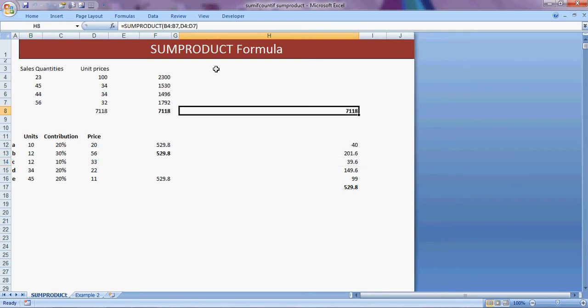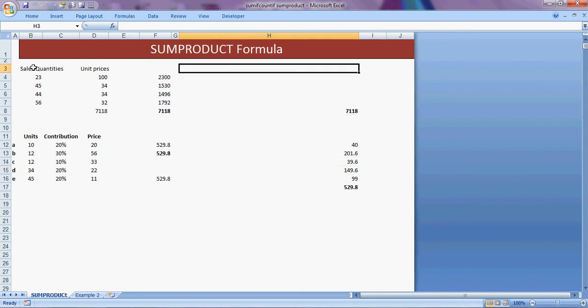By means of these three examples we learn about the SUMPRODUCT formula. Let's assume you have data like this: sales quantities and unit prices. Suppose 23, 45, 44 and 56 are the sales quantities and this is the unit price.